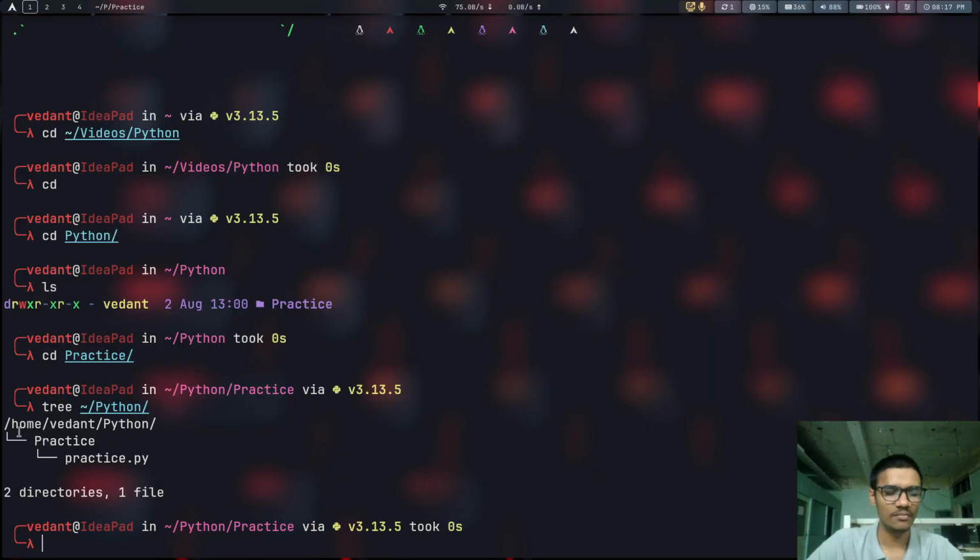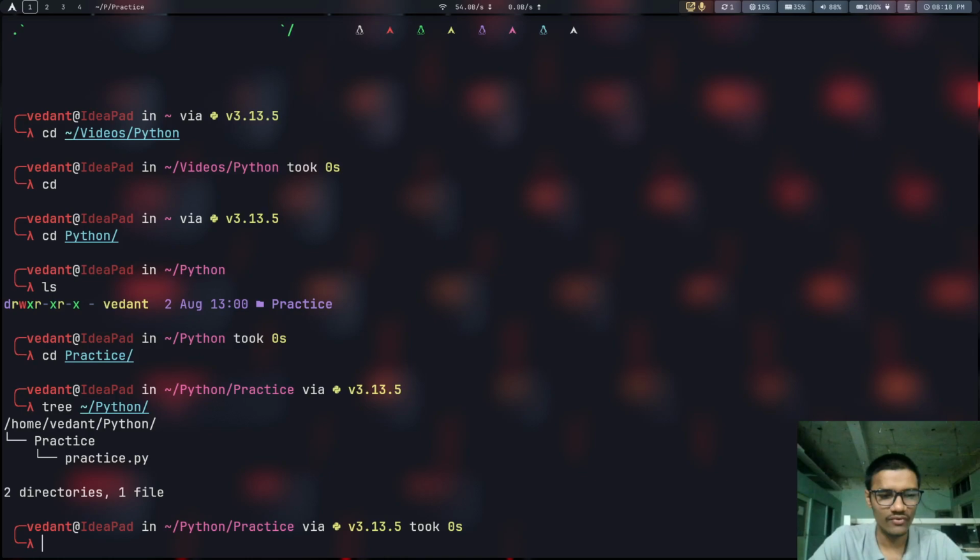Within the Python root directory there is a subfolder named practice, and in the subfolder there is a file named practice.py. This is the file we will be modifying. So let's just dive into it.